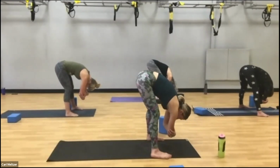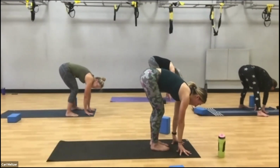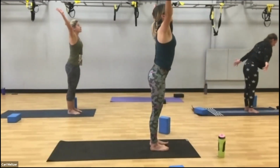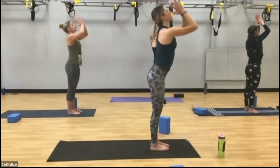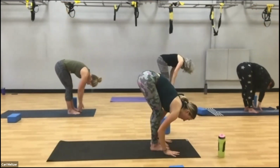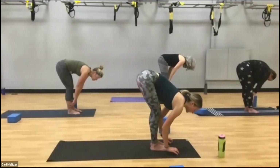And then letting palms release down towards the floor, walking feet back underneath the hips. On your inhale, coming up to that reverse front leg, reaching fingertips out to the side, palms come overhead. Again, on your exhale, hands will come down through heart center, folding at the hips, back down to that forward fold. On your inhale, coming up into that half lift, or on your exhale, palms sink down,